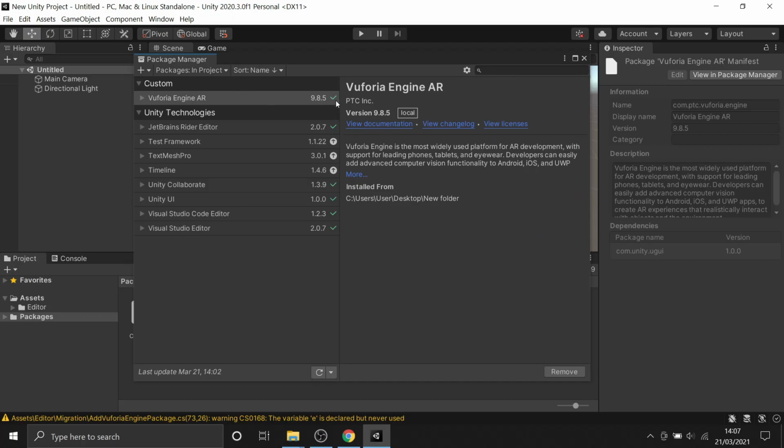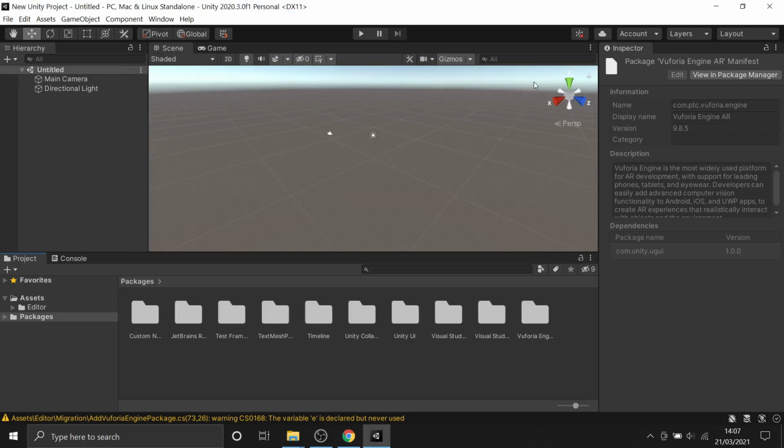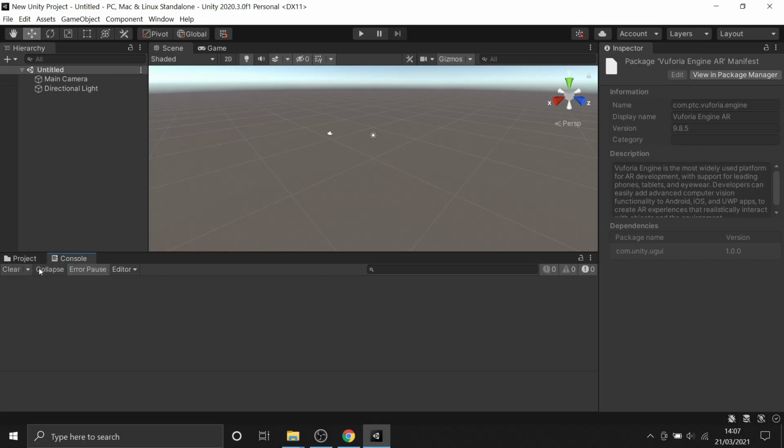Now you can see a green tick here which says that the Vuforia Engine AR has been successfully installed into your project. It's just a warning, just clear it.